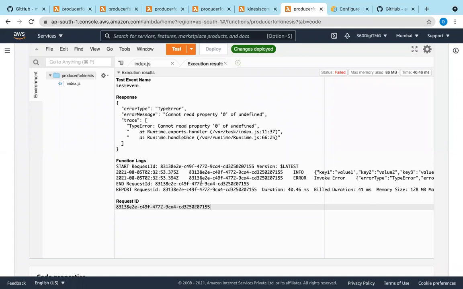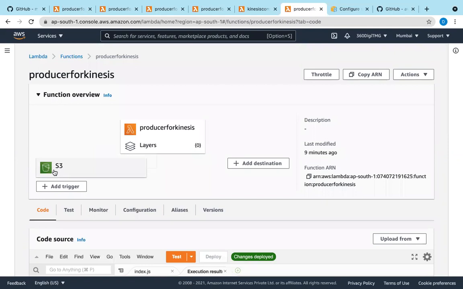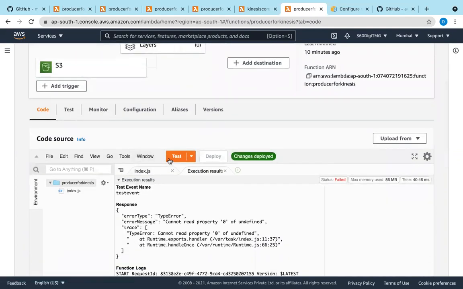So, let us discuss this tomorrow. I'll try to resolve these errors tomorrow. Tomorrow we'll do the same thing. What it has to do is, whenever .txt files come into the S3 bucket, this Lambda trigger, which has S3, when .txt comes, it has to push the event details into the Kinesis tree.